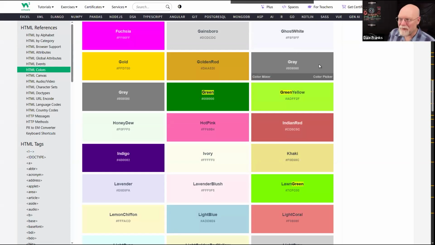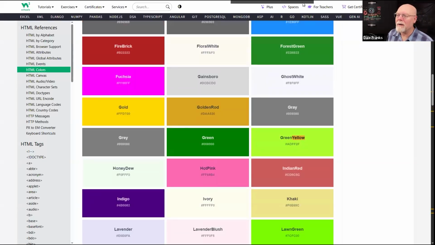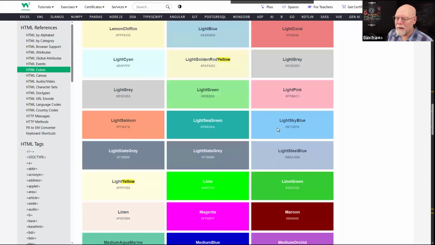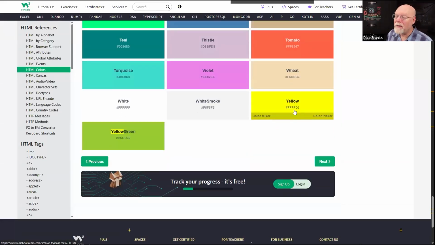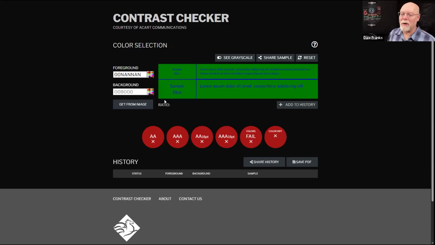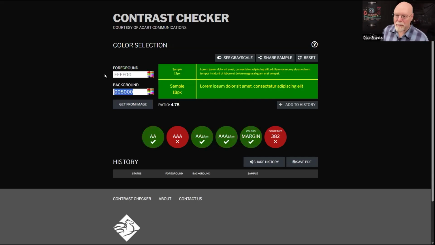Let's try that again and go with yellow. Where is yellow? FFFF00. That's yellow. Okay, we can get away with green and yellow.